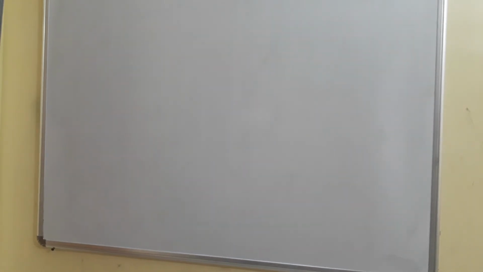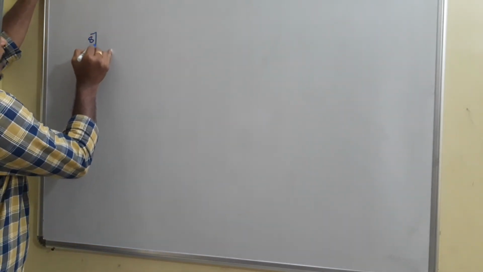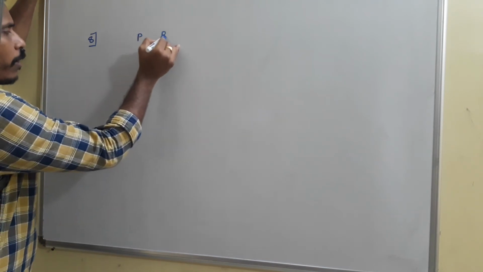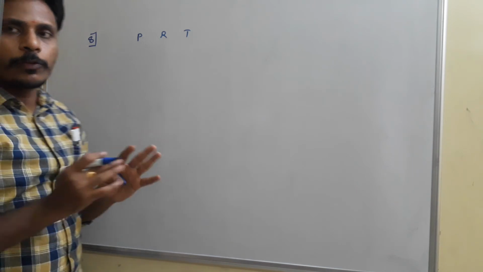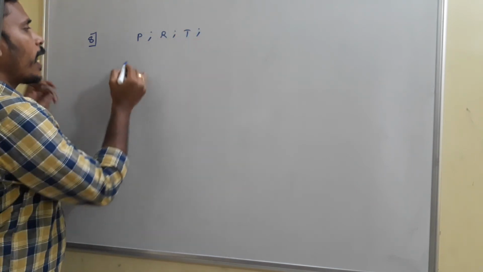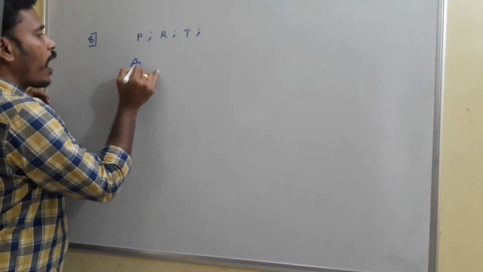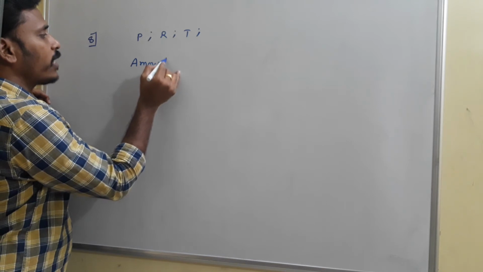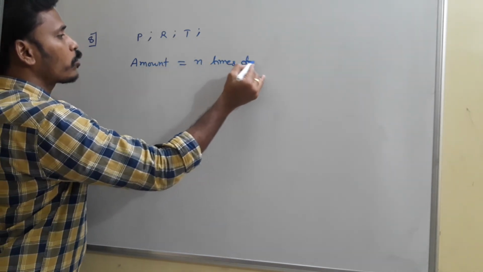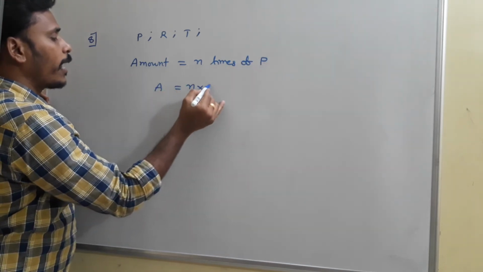Yeah, and then the 8th point is a rule or a logic we need to discuss. Okay, 8th point. See, if I invest a principal P at some rate of interest r for some time t, and after these t years at the rate of interest r% per annum I get the final amount as n times the principal, that is, amount is equal to n times the principal.